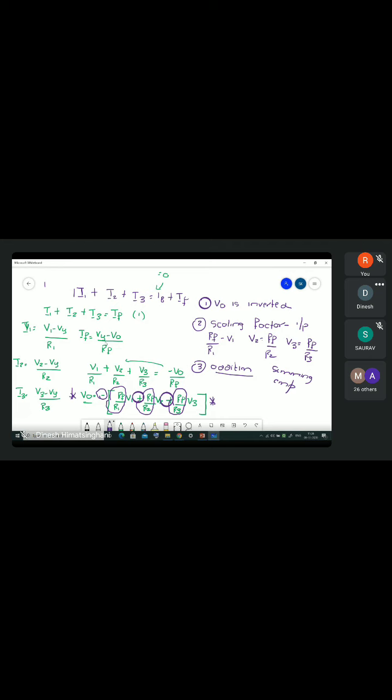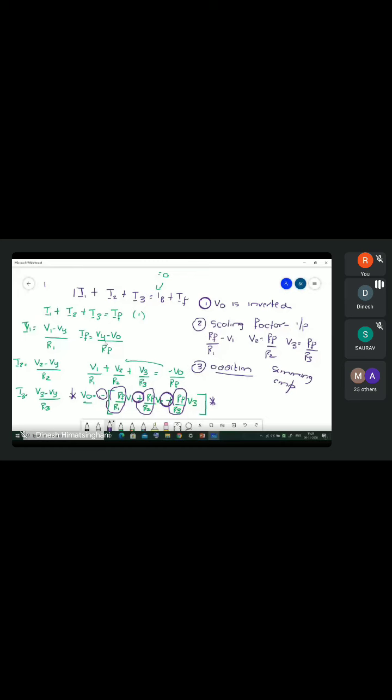I need clarifications, please, before I move ahead. There are a lot of things I'm going to show. Output is scaled, output is inverted, and output is summed. Output voltage is the summation of the three input voltages. Therefore, the circuit is called a summing amplifier, or more specifically, an inverting summing amplifier. Any questions, please? No, sir. Absolutely clear? Yes. Okay. Now let's go to the next thing in this equation.